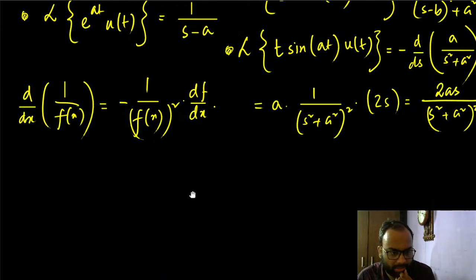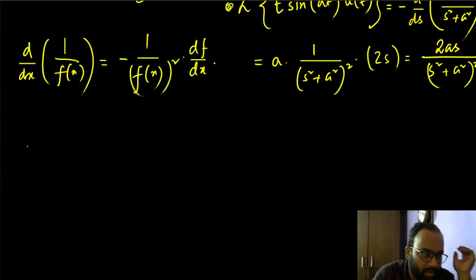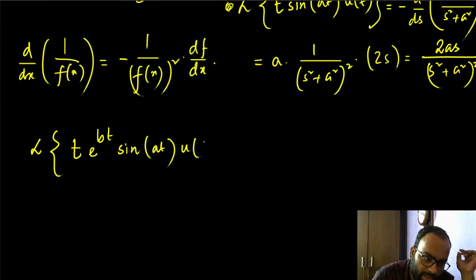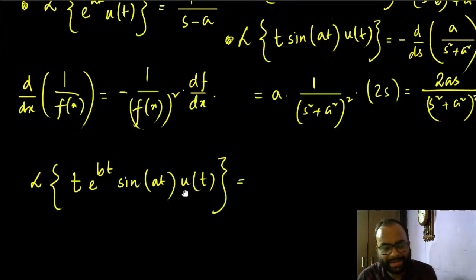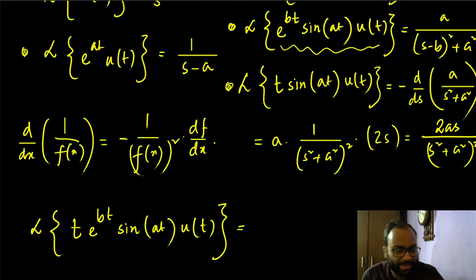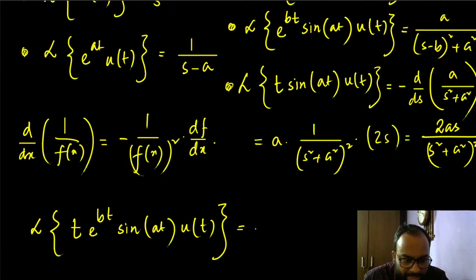Alright. Just for the sake of another example, we can have the Laplace transform of something like t e to the power bt sine at ut. We know the Laplace transform of this as this, and multiplying by a t here, if we calculate the Laplace transform, that's going to be